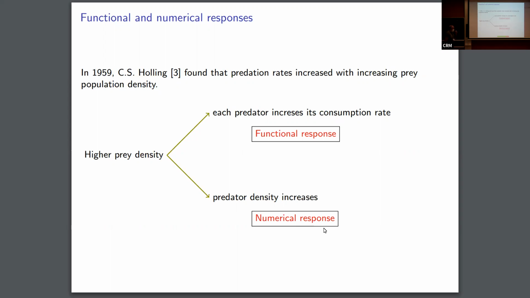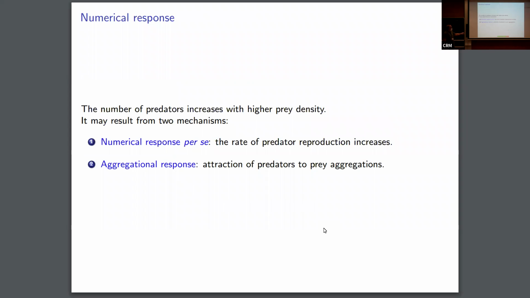So I'm going to forget for a while about this. I'm not going to move this parameter here. This should be the functional response, but I'm going to deal with the numerical response. I want to try to model this effect. In which way? This is